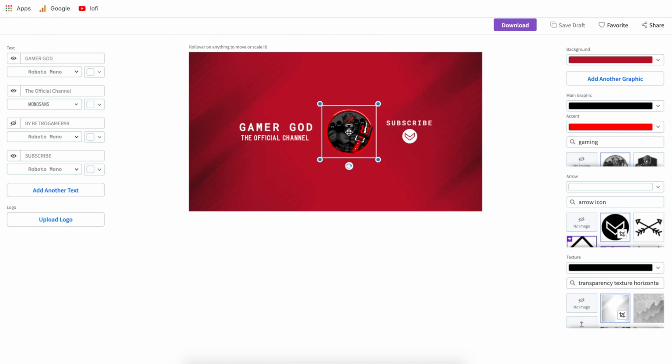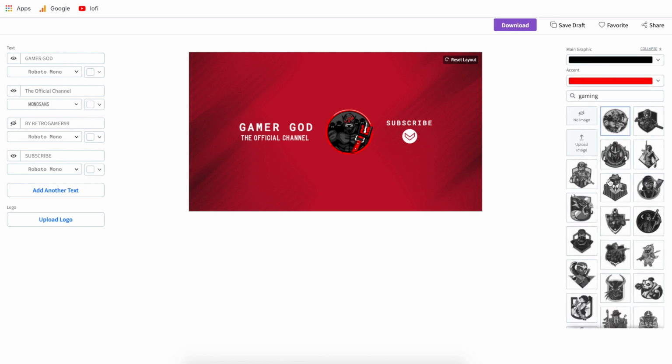So as you can see, the logo that we have here is coming from the side over here. So let's expand that, and instead of trying to find that panda again and recreate it by hand, we can upload our own image. So what that means is if we click upload image and we select the logo that we just created, we're going to run into an issue. I'll show you that here.